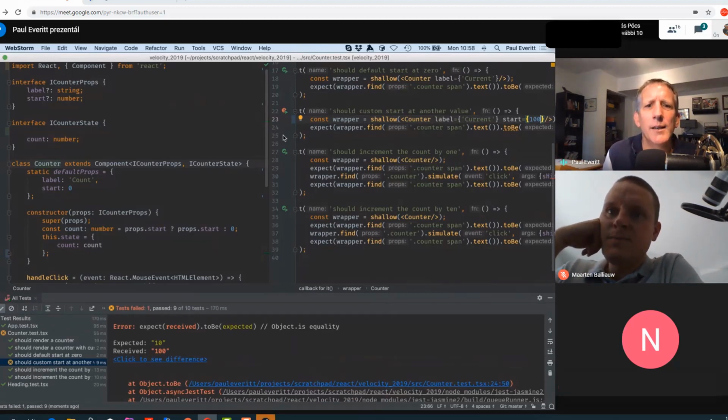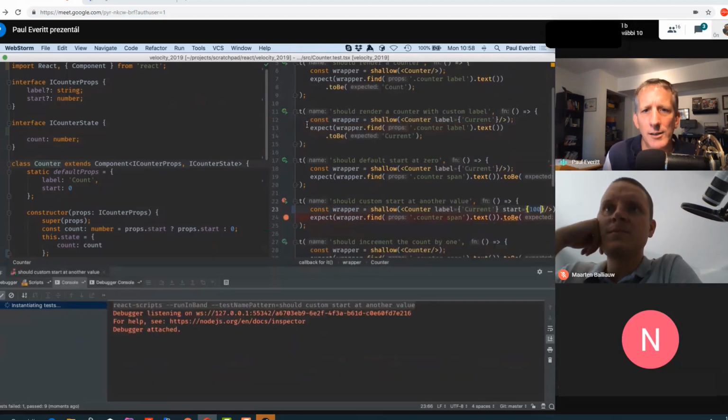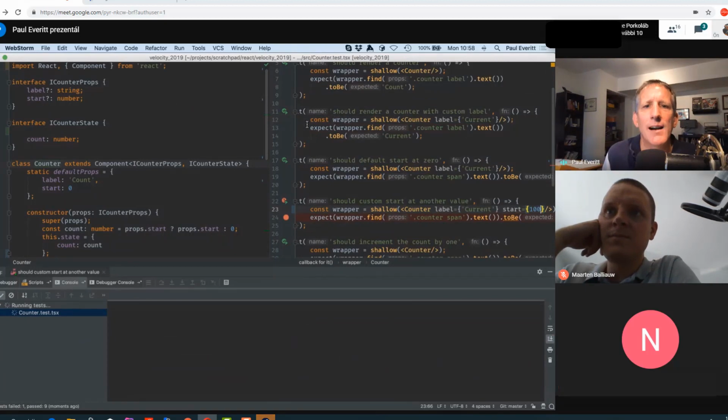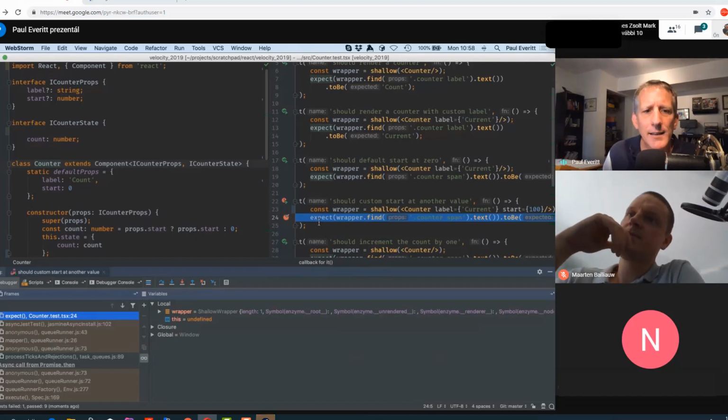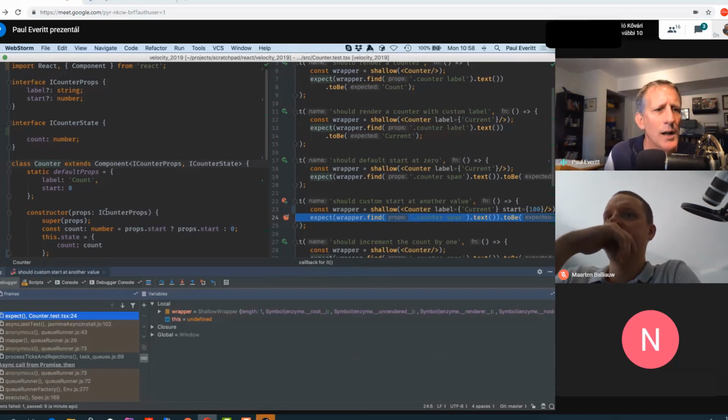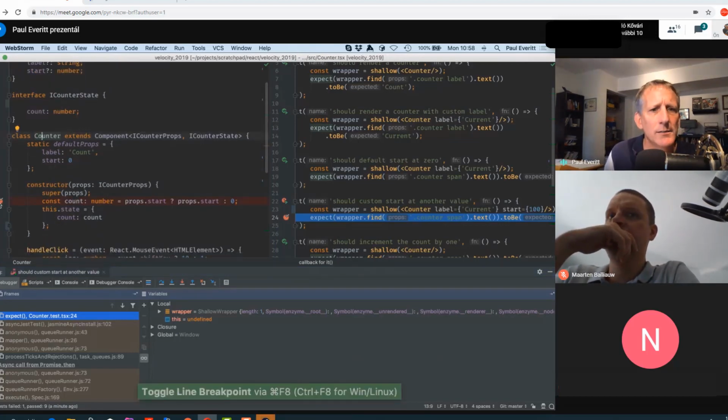So what I could do is put a breakpoint right here and then run just this test, but run it under the visual debugger, and it will fire up the test runner, fire up just this test. So I'm really focused on what I'm doing, and it will stop in Node.js, in JavaScript, in TypeScript actually, on that line, letting me see everything that is in the scope at that point. And I could poke at the wrapper. I could actually step into my code to get into the Counter. For example, I could put a breakpoint here and rerun the test, and it would stop at that point.